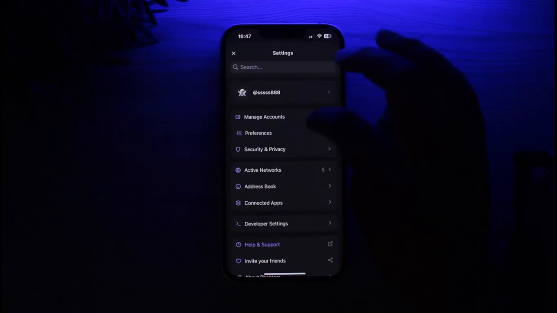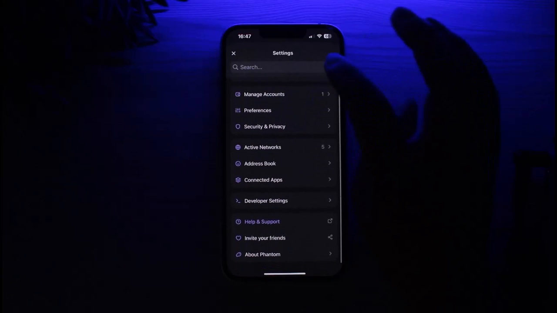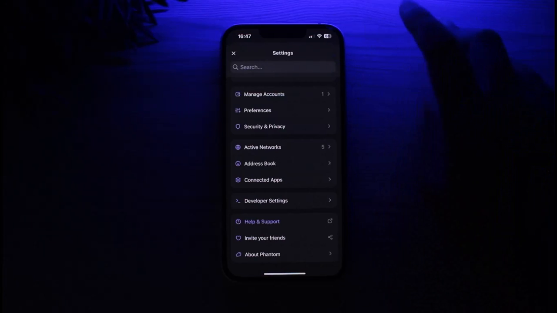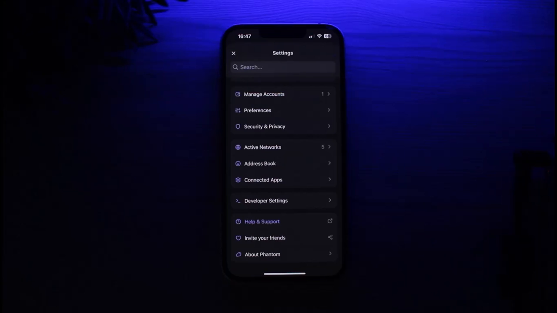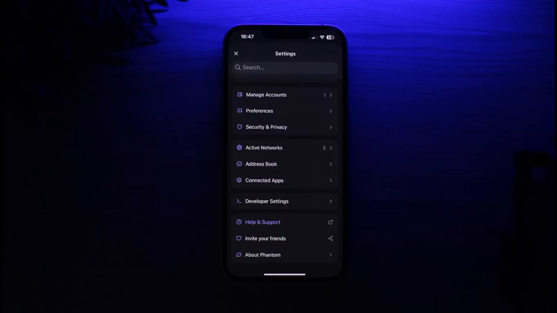Then from over here you will find plenty of options, including the option called wallet watcher. For that you have to be verified and you have to go into the trading options as well. Once you found the option of wallet watcher, you're going to go ahead, tap on this option of wallet watcher,